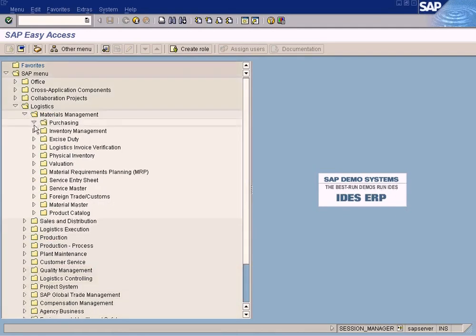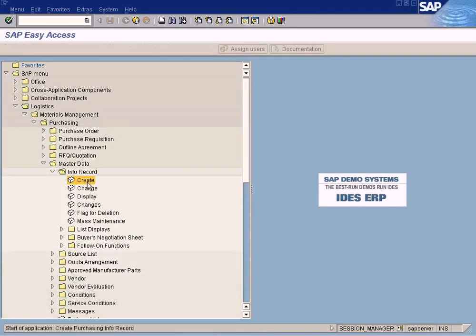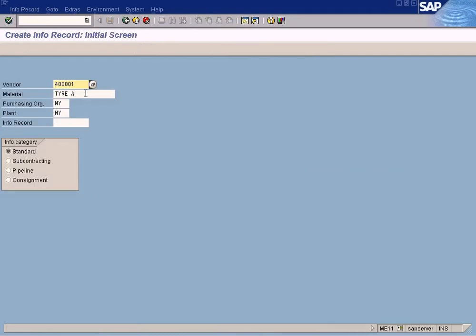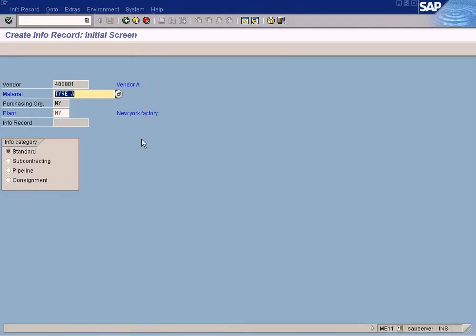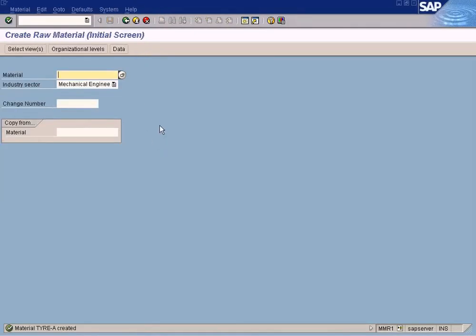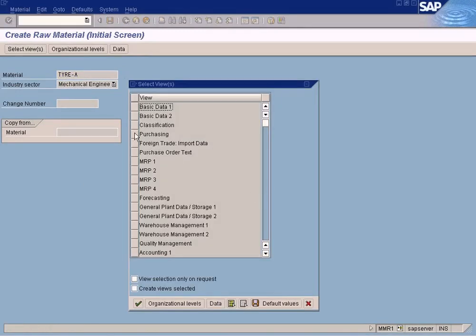Logistics, materials management, purchasing, master data, info record, create. Okay, tire A, press enter. Not maintained by purchasing. What does this mean? Oh yeah, I haven't entered the purchasing data for this material. Let's go here, tire, select views, this purchasing view, choose purchasing,